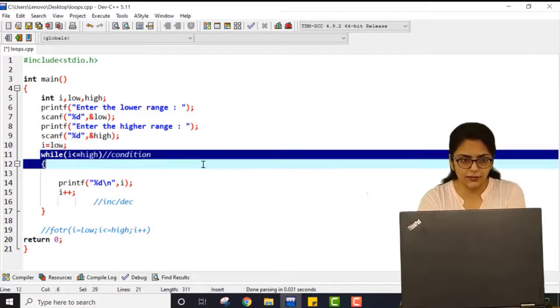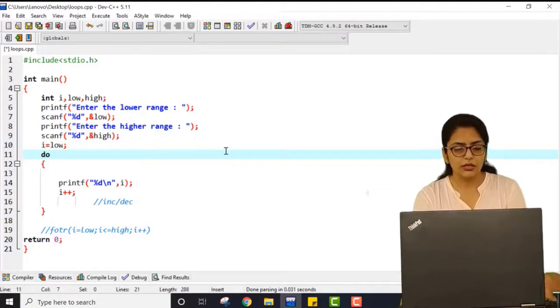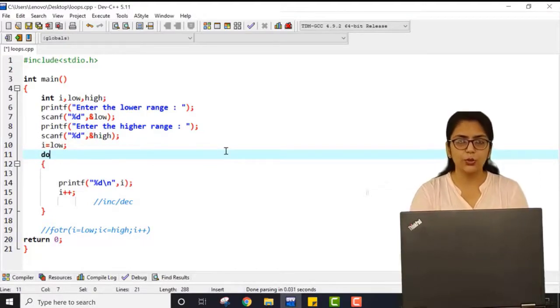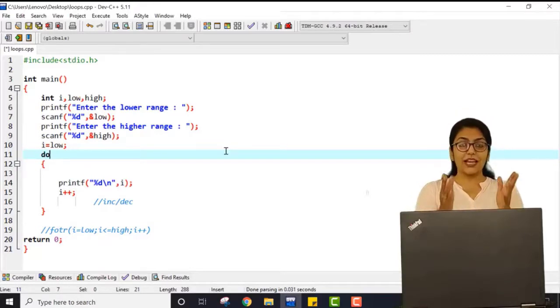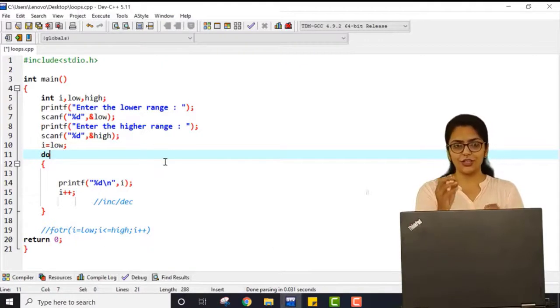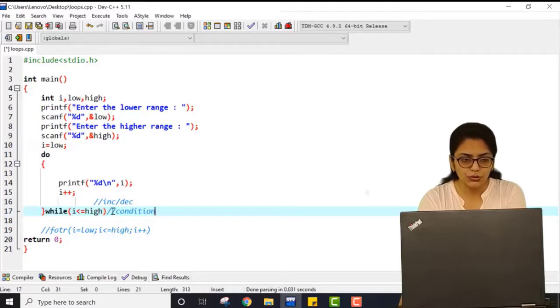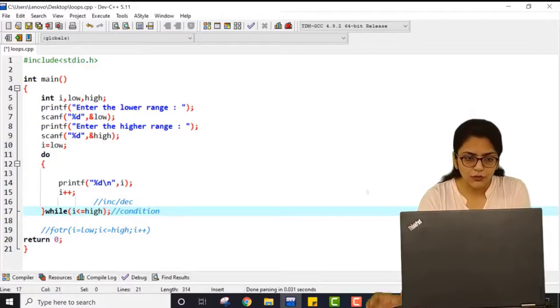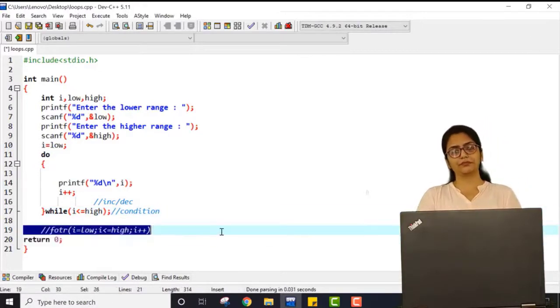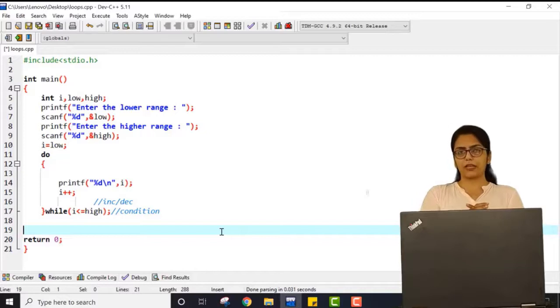This is similar, but here instead of this, let me just cut it over here, and say do. If you have observed, I am not checking the condition, it is directly doing something. What? This thing. So it will do, and here I will place while this. So what is happening over here? Can you see this? Let me erase this first and see.